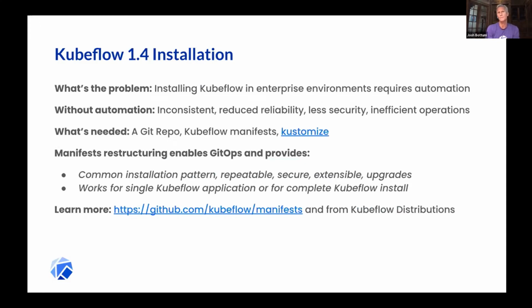When we talk about installation, we often find that installing Kubeflow in enterprise Kubernetes environments requires automation. Without it, what we see is you have either an inconsistent, less reliable, or less secure installation. It's basically inefficient from an operational standpoint. So this whole idea of moving to using GitOps, so having a Git repo, the Kubeflow manifest, and using the Kustomize tool, which is a